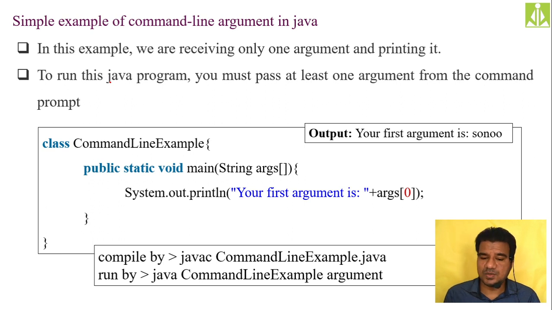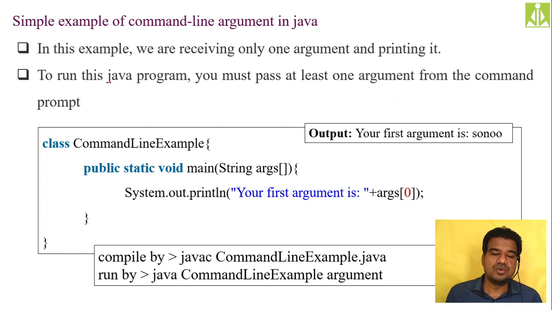So quickly we'll discuss two examples for this command line arguments. The first one is this one and the second one is this one. The first one is a very simple example. We'll write a normal program and in that program I will show you how to receive the command line arguments from the console to the program, and how to print those command line arguments, or how to access those command line arguments as input into your Java program.